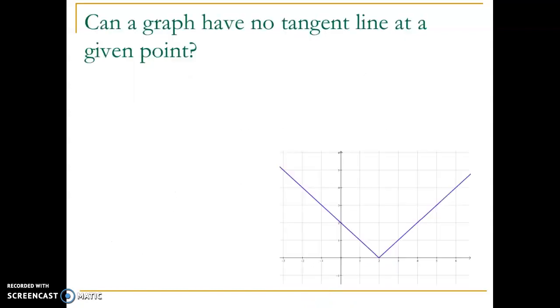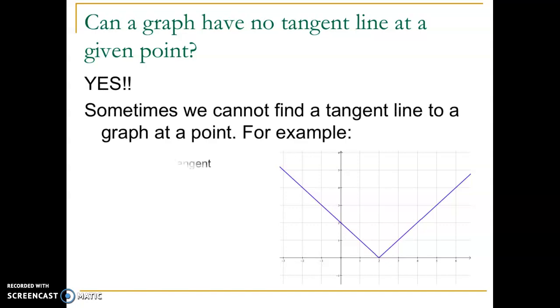Now, can a graph have no tangent line at a given point? We're going to discover that this is true as we move forward in the course, but yes, there are points where there is no tangent line to the curve. Sometimes we can't find a tangent line to the graph at a point. For example, can we find the tangent line to the curve at x equals 2? In this particular case, at x equals 2, that bounce point of the absolute value curve, because of the sharp corner,